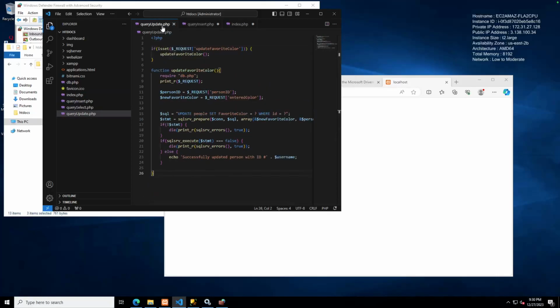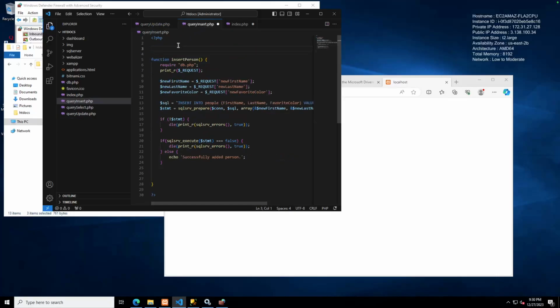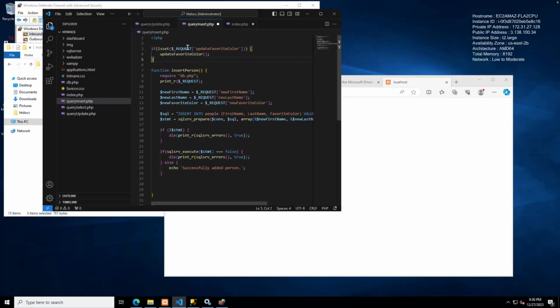I've got a similar type of thing here. So if is set, I'm just going to copy this out of query update. I always like to keep things consistent. So if is set, and then the request object and the name of the form item that's coming through. We'll say it's going to be called insert person. If is set request insert person, we're going to run the function insert person. Now I'm not calling it with any parameters here. You see it's just empty inside the parentheses there, because I'm just going to refer to the request object